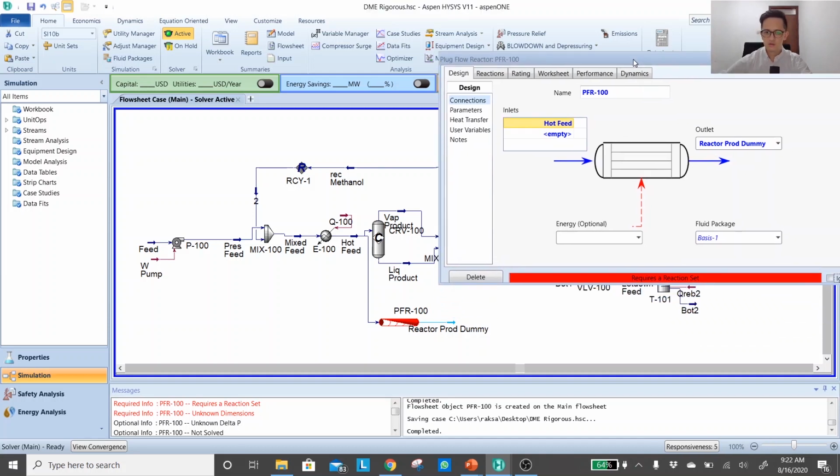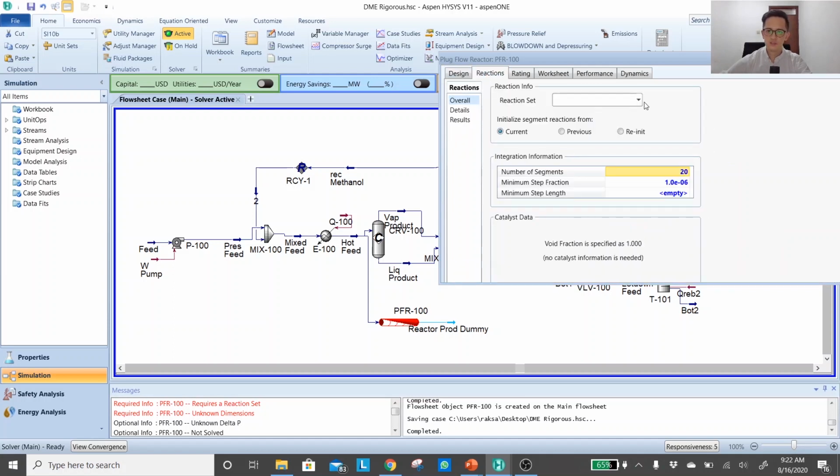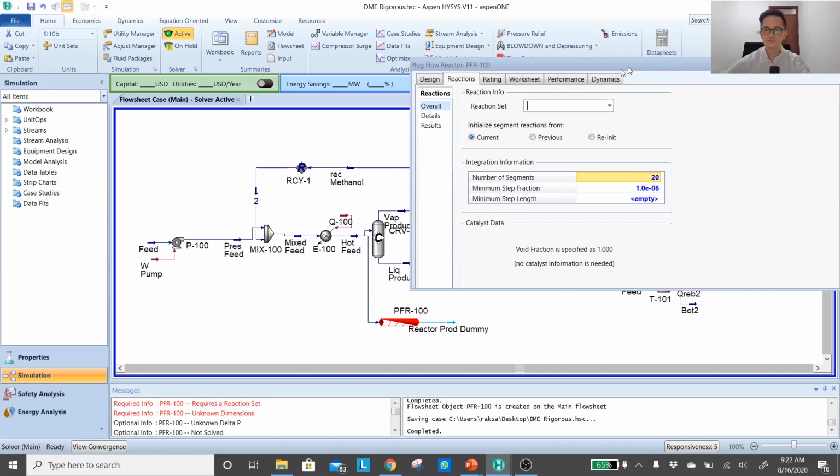Okay, it requires a reaction set. As you can see, now we only have one set of reaction, which is a conversion reactor, and it's actually not suitable for this kind of reactor. We need to express the power law reaction, so we have to add another set of reaction. So I will close this reactor for now.